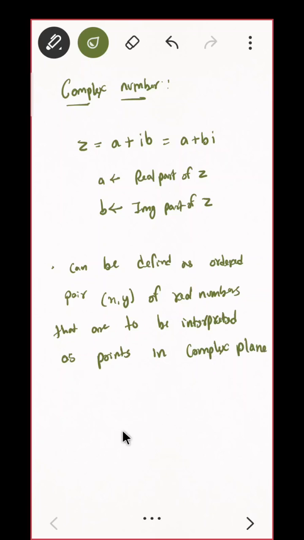That means what? If you want to plot this x comma y, and this x comma y is the same as